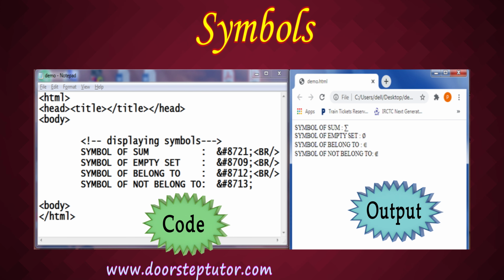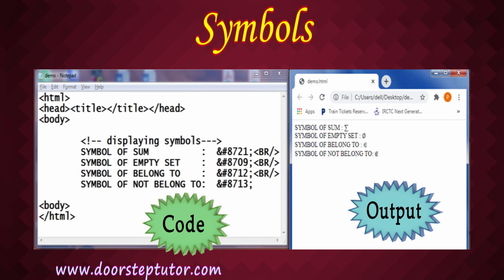Then there is a break tag so that the output of the next line comes on the next line, not in continuation of the same line. For the empty set also we have a separate code, then for the symbol of belongs to, and for the symbol of not belongs to. We just need to remember these codes in order to use special symbols like this. So this is about the symbols.